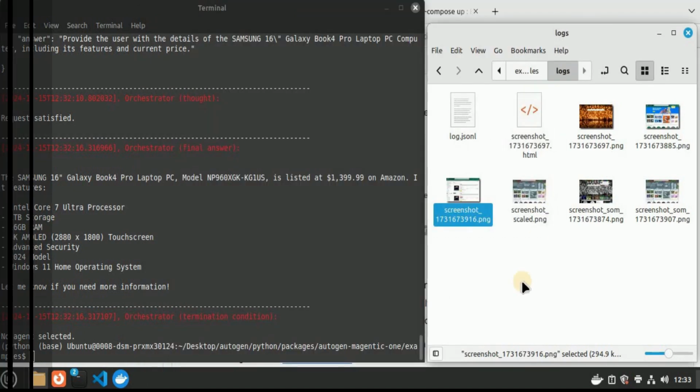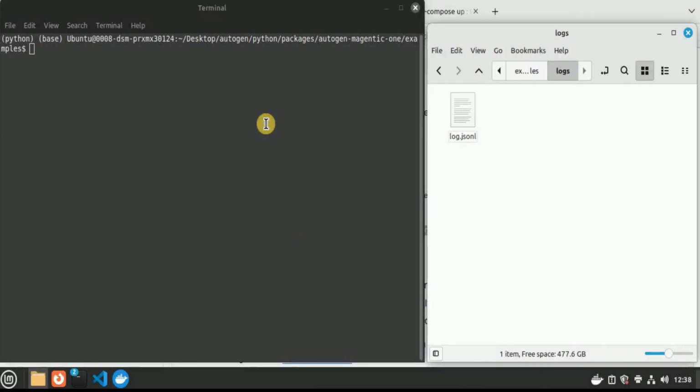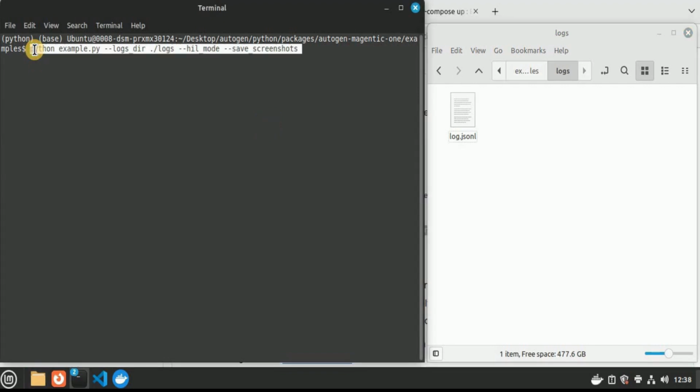and provided us the correct information about the correct laptop. So for the last example, I want to test whether this agent is able to go to YouTube, look for a specific video on a specific channel, watch the video for a few minutes or a few seconds and then provide a summary on the basis of the time duration which it has watched the video. So once again, firstly, I'm going to run the example.py file, keeping all the flags the same.